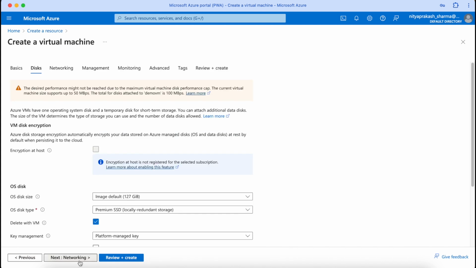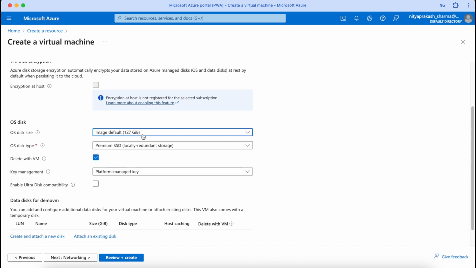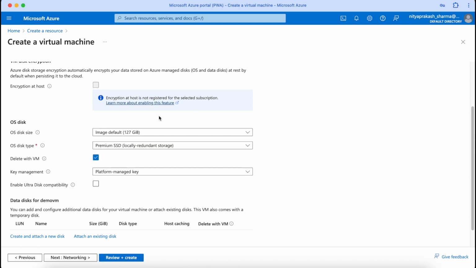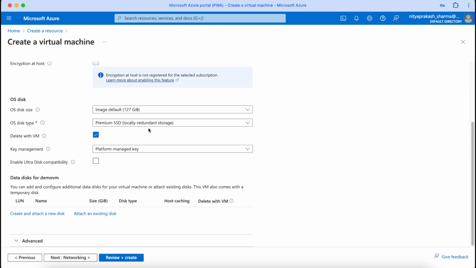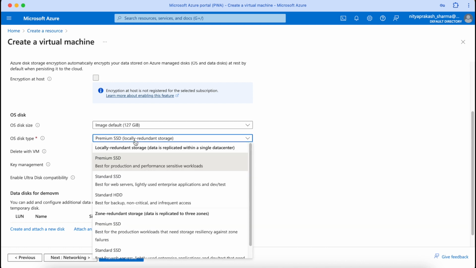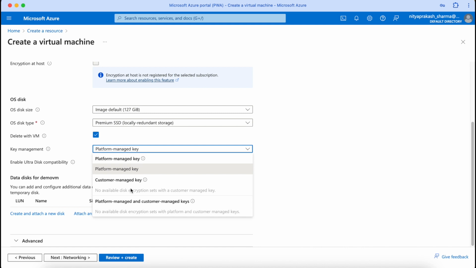Okay, let's talk about the disk part here. So here we discussed it is creating the image, by default 127, and we can specify the size we want to create here. Now here, what kind of SSD are we looking for? Right now I'm creating the premium SSD, but based on the requirement you can decide which premium SSD we need. And next here, platform managed key, because we have two options: platform managed key and